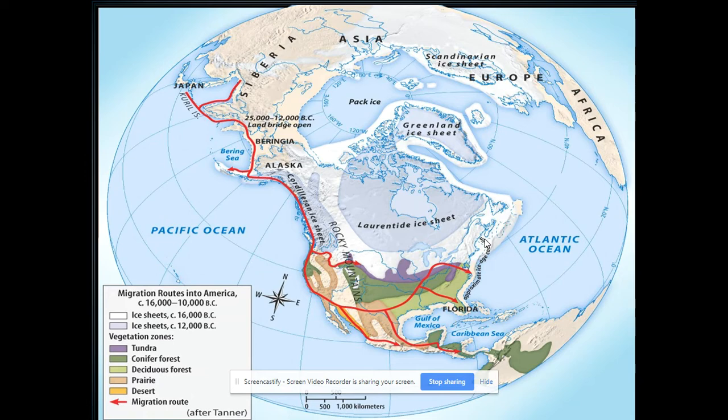But as more and more humans start traveling down into what's called Mesoamerica, this part right here, this part of the Western Hemisphere can support much larger populations because of the climate. It's warmer there. I've been to Mexico and Guatemala, and I can attest to the heat, but you can grow crops for much longer seasons. And as we'll see, maize, or what we now know as corn, is going to be able to feed large-scale